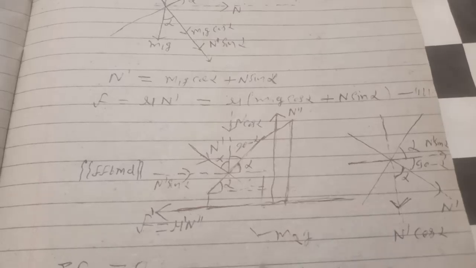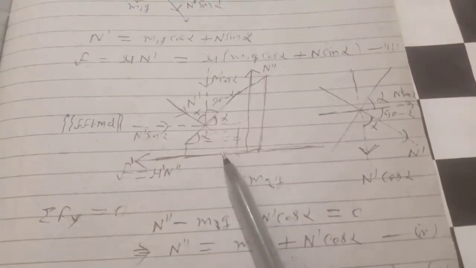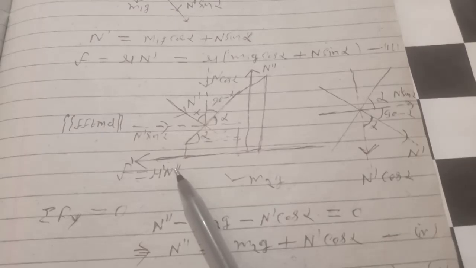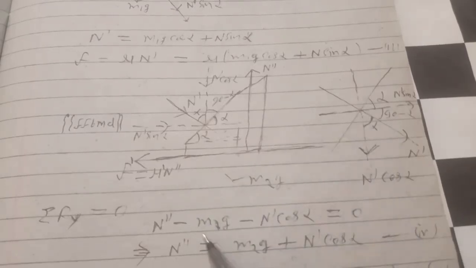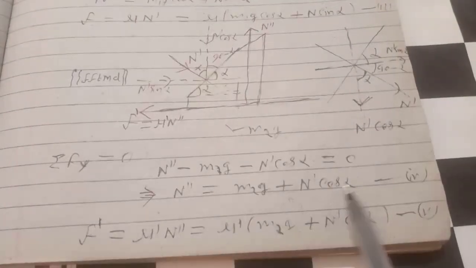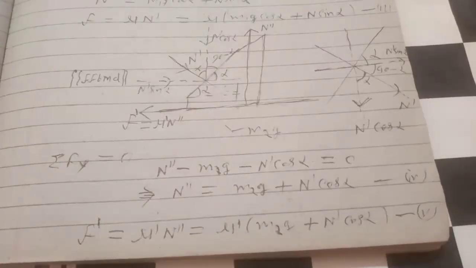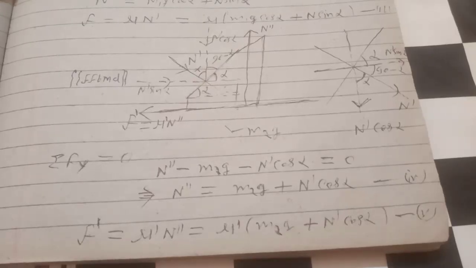Again we can write, showing the different situation here, mu dash N double dash, where N double dash is the normal force from the surface, and here it is shown. You can write N double dash minus m2 g minus N dash cos alpha equals 0. This implies N double dash equals m2 g plus N dash cos alpha, equation 4, and F dash equals mu dash into N double dash, mu dash into m2 g plus N dash cos alpha. These are the equations, and solving them we can find the desired result. Again sigma Fx equals 0: F dash equals N dash sin